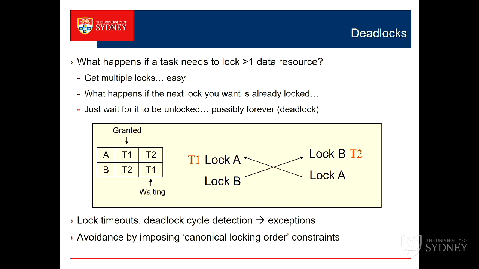We might have lock timeouts. There's a limited time that you can wait for a lock. And when these things happen, we generate an exception. We abort one of the transactions saying, yep, you're dead, and let the application program worry about it. What it will probably do is just start again from the beginning. Oh, time to go and get lock A again, get lock B again. But by the time it does that, T2 got lock A, and it's finished with A and B, so everything can continue. So we've found that interleaving problem, and we've killed one of them. It's restarted, but it's restarted later in time than the problem it had, so everything's cool.